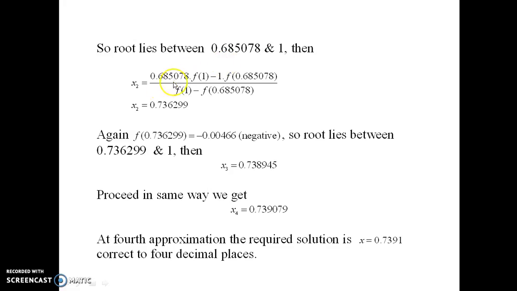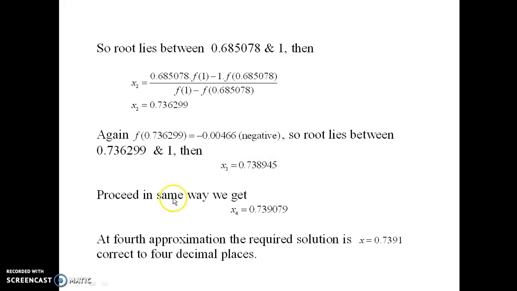Then the second approximation to the root by the regula falsi method is x2 equal to (0.685078 into f of 1 minus 1 into f of 0.685078) upon (f of 1 minus f of 0.685078). This gives x2 equal to 0.736299. Again we find the value of the function at x2, and we get minus 0.00466. It is also negative. So for the next approximation, the root lies between 0.736299 and 1. Then again using the regula falsi formula for this new interval, we get the third approximation to the root, x3 equal to